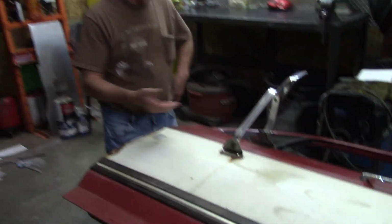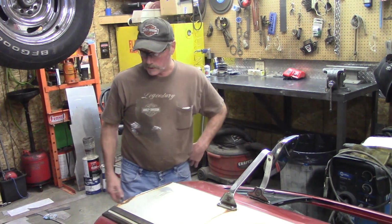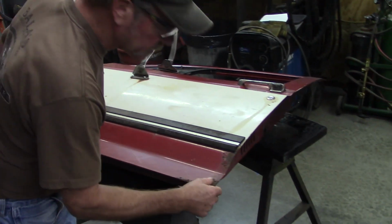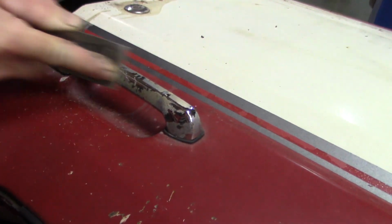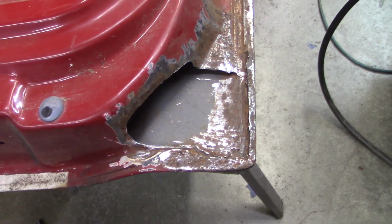And we didn't even take the lock out or the door handle. Just went around it. This one isn't as bad. You know, there's no rot hole here. I think we can just sand it down and paint it. I don't know what's on here, but it's sturdy. This is going to be the extent of the patchwork on